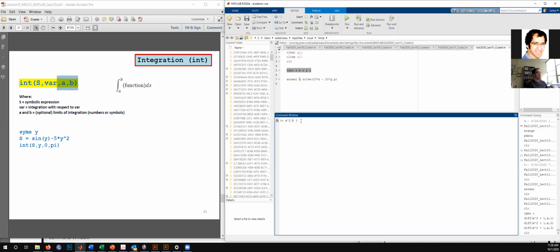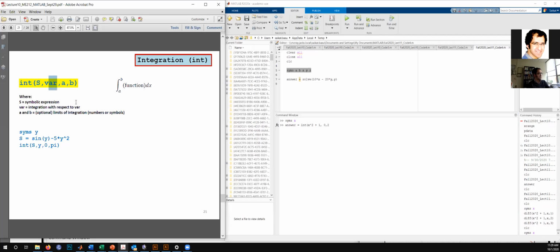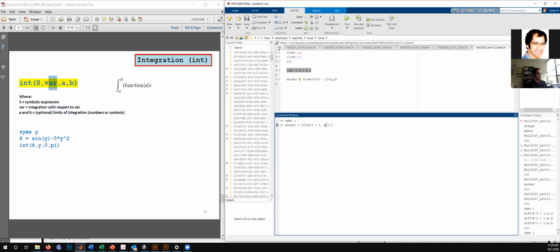Let's imagine that we are integrating it from 0 to 2. But before all this, we need to again tell Matlab that we are in the symbolic world. Then let the integral be this. So int, bracket. Let's now look at the syntax. First goes the function. So the function is here. The next thing is the variable, which is the dx or the dy term over which you are doing the integration. Over here, we just have dx. So x. And then